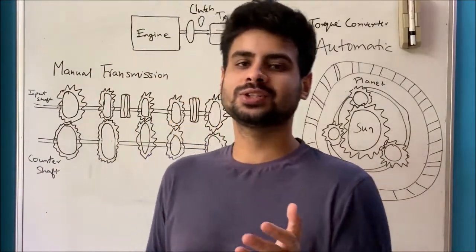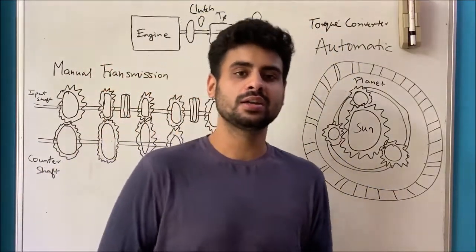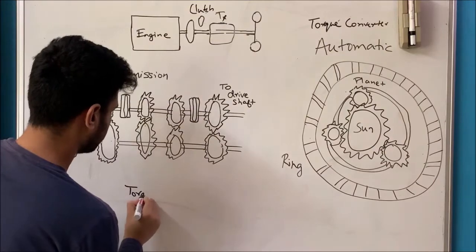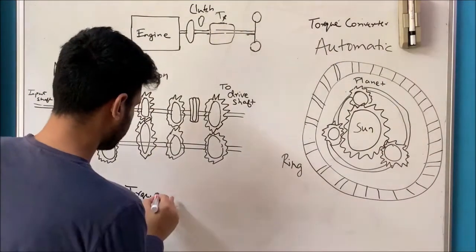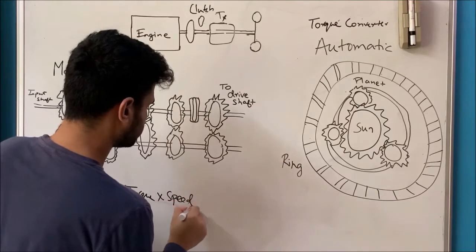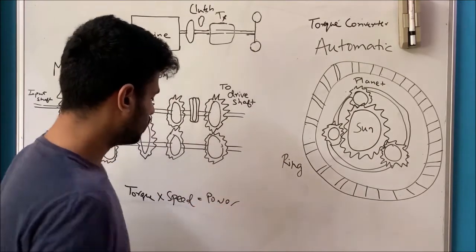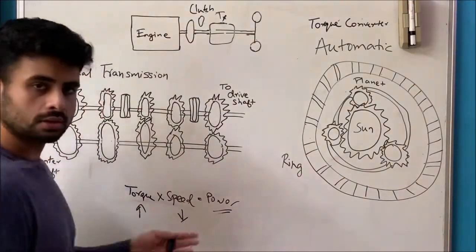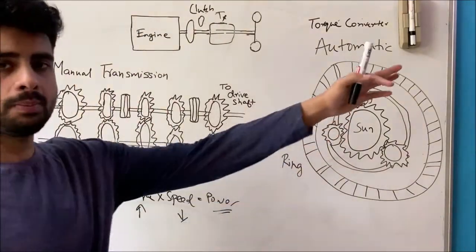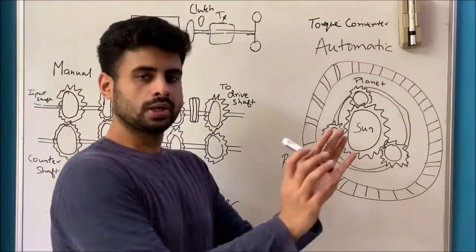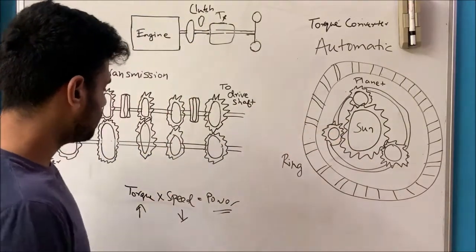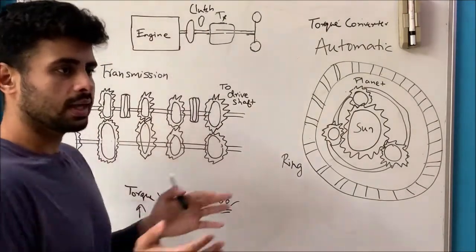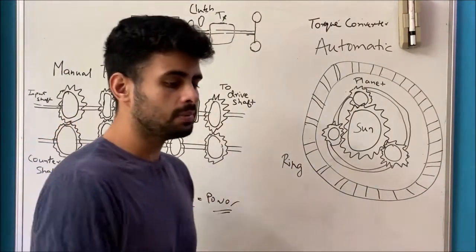Because you don't just use the clutch to start and stop the car, right? The main use case here is to shift gears for gear ratios. So just remember this: torque, which is the twisting rotational motion, times speed of the transmission, equals power of the vehicle. So let's say power remains the same. If you want more torque, you decrease the speed of the transmission. So let's say you're going up a hill and you really need more torque to get yourself up that hill. At that time, we change the gear ratios and we reduce the speed, and get more torque. That is first gear. Then second gear. If you're going downhill, maybe you need fourth gear.